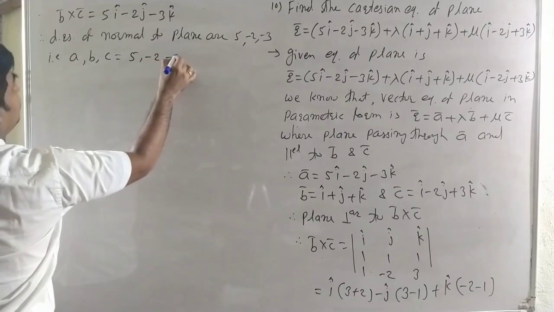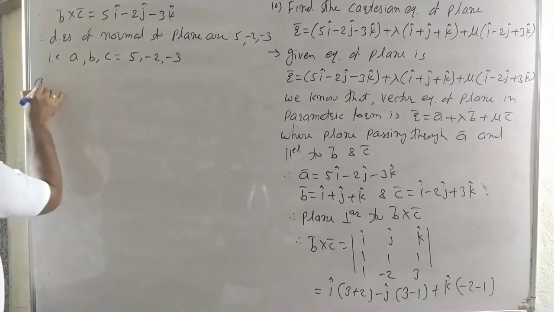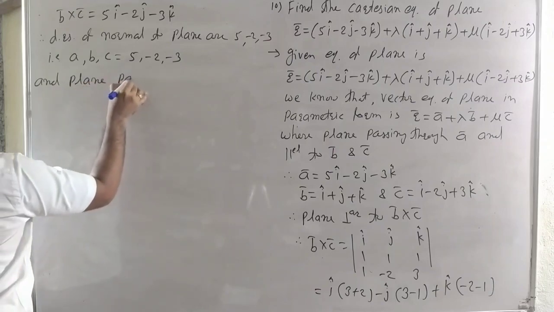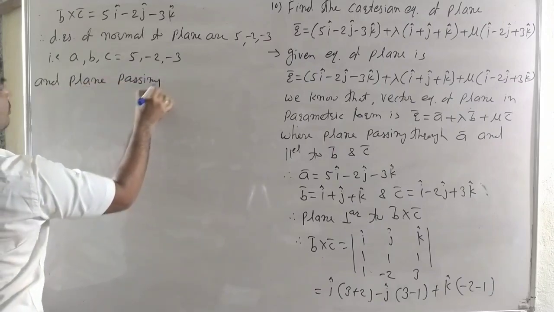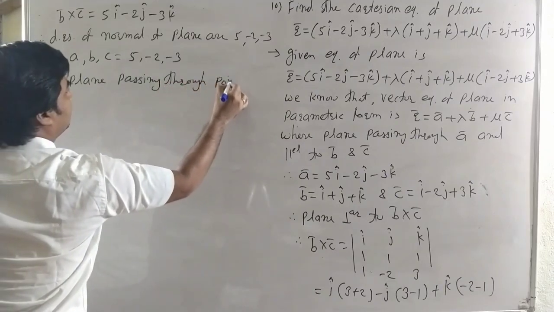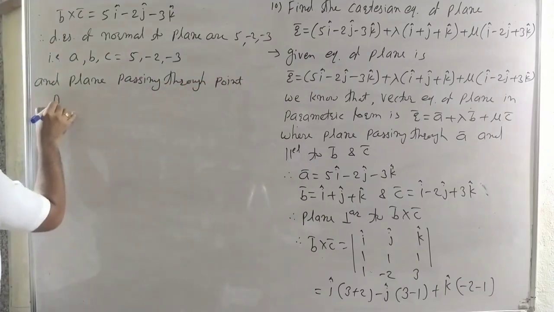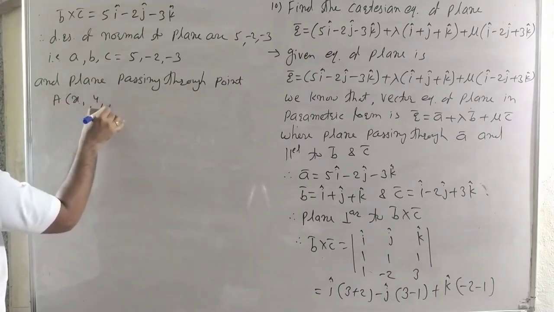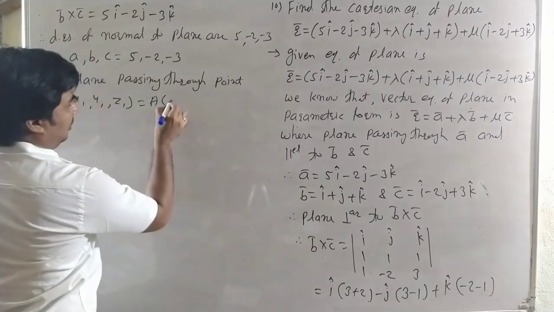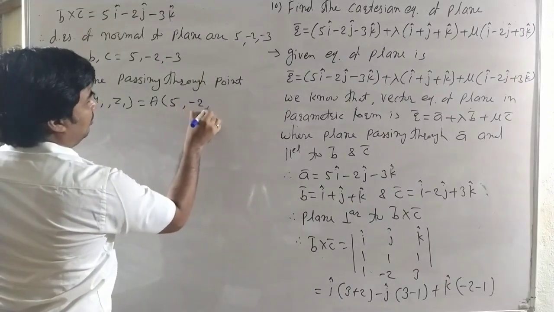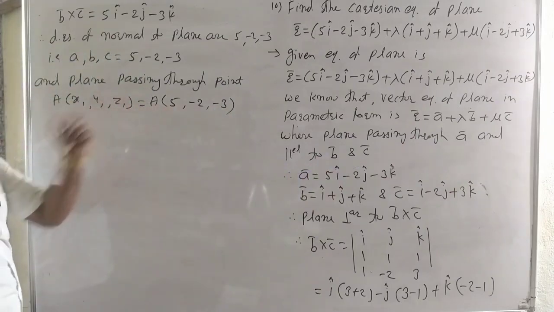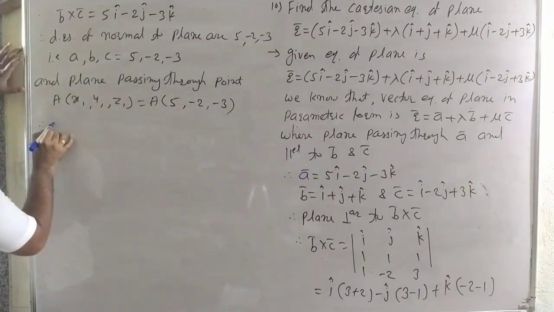The plane passes through point A, that is x1, y1 and z1. Therefore the coordinates of the point A are 5, minus 2 and minus 3, and therefore the Cartesian equation of the plane